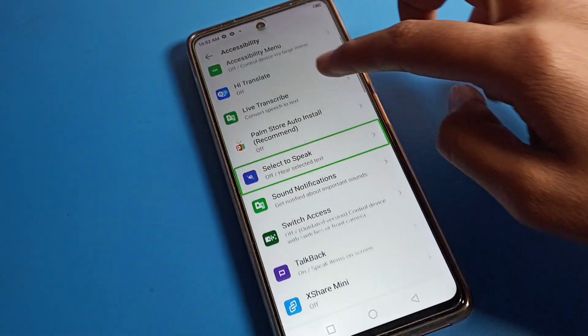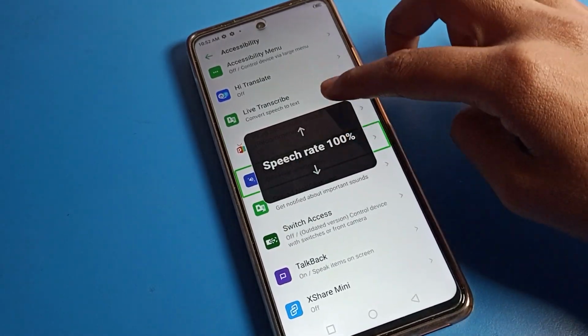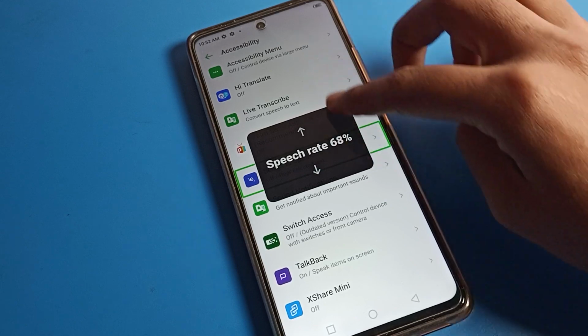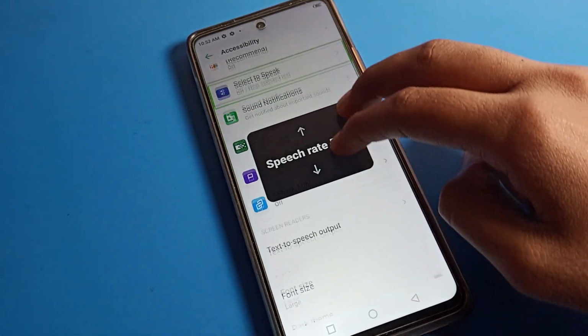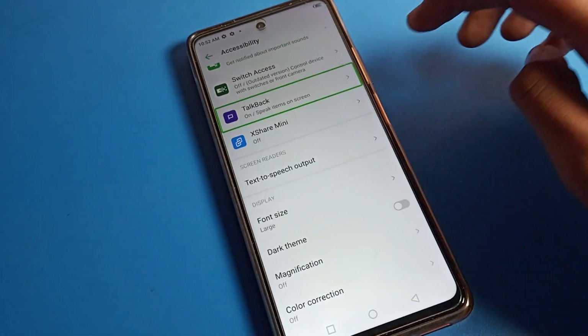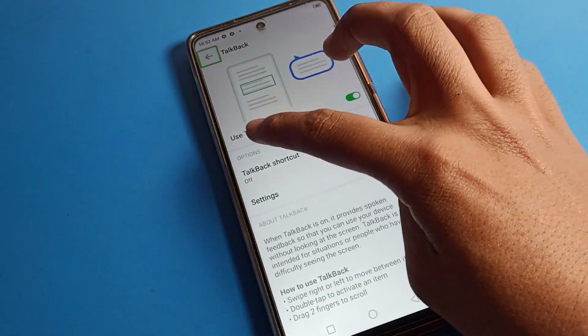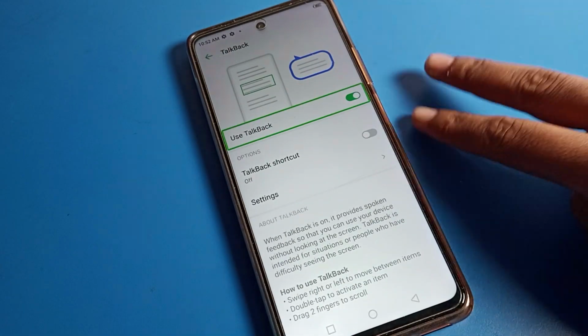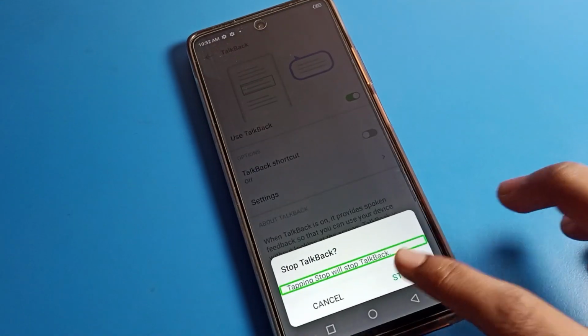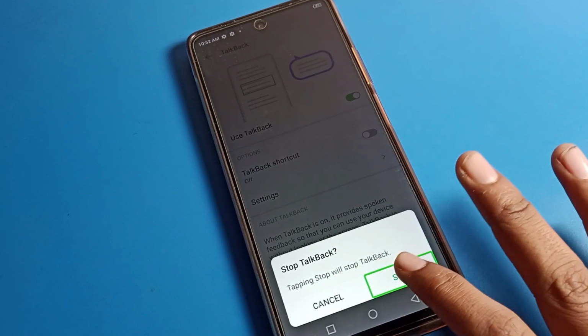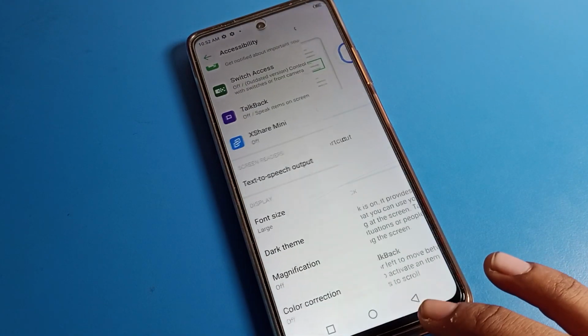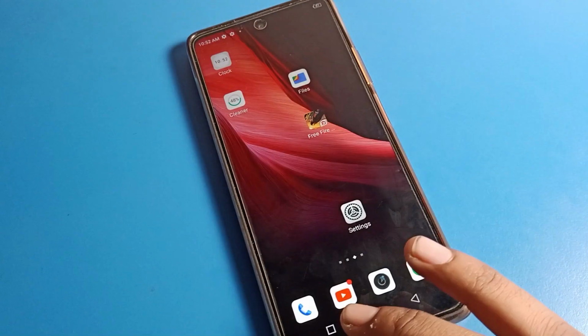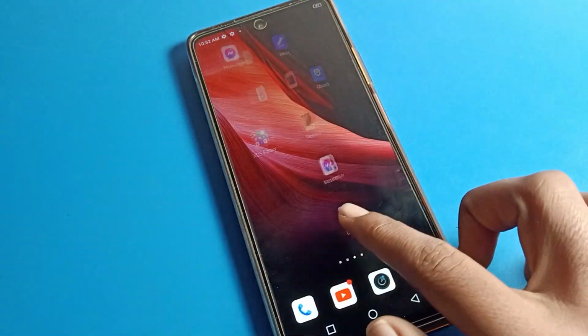Use two fingers, don't use one finger because you cannot use your phone. So I use two fingers, TalkBack, double tap. Use TalkBack, one tap, continue to tap here, stop TalkBack and double tap to fix. So your TalkBack will be fixed on your Infinix phone, and friends, easily you can use your phone without